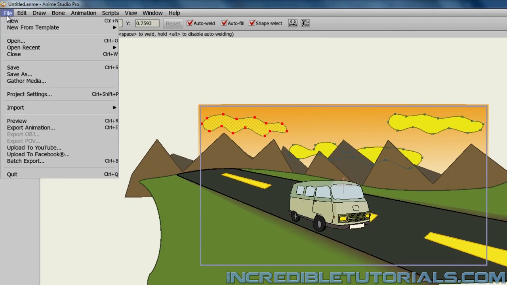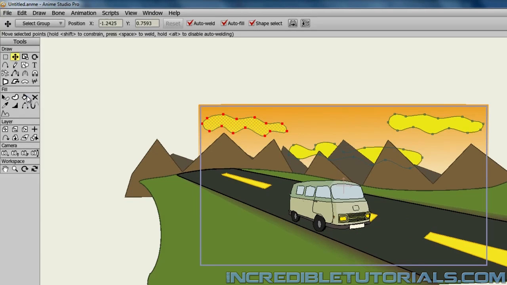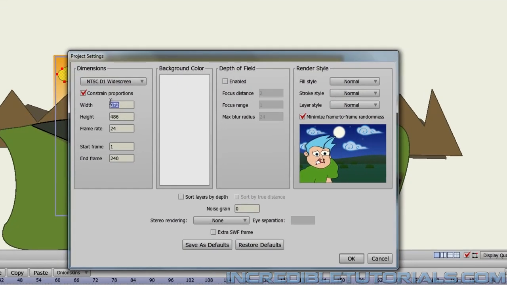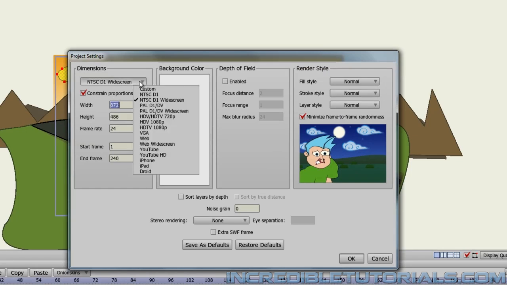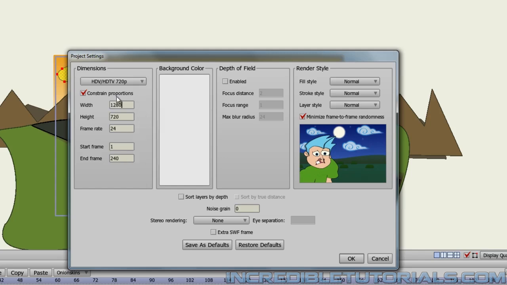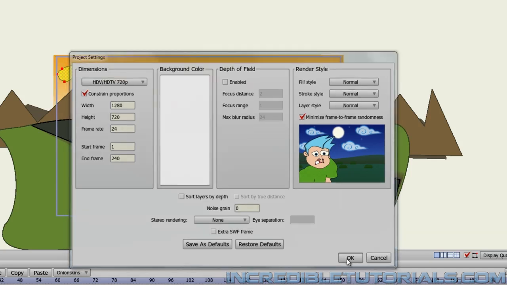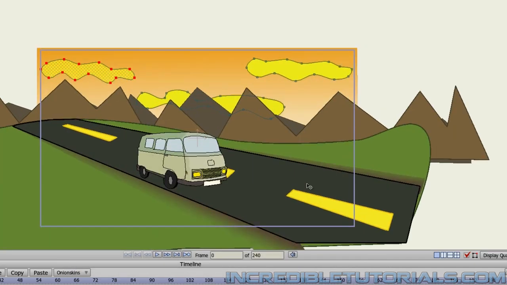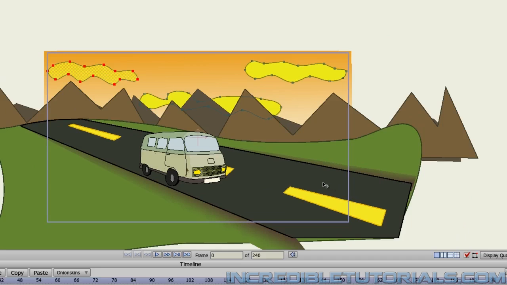If I go to File, Project Settings, I can adjust my sizes right here, and I'm just going to turn this up to 720p. And again, you can go to a higher resolution if you wish, and I kind of described that in my first lesson. And then we will click OK. So now that should hopefully be better. And if I render this out,